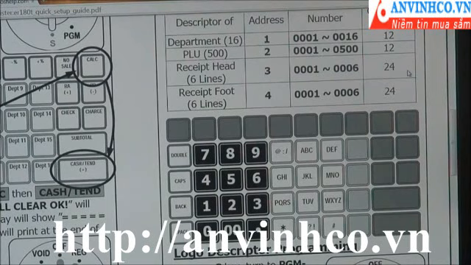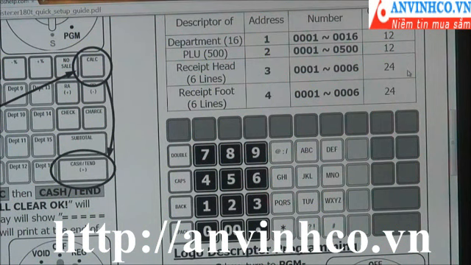The numbers to the right of that under the number column show us the number of the department we're going to program. For example, if we're going to make drinks, department 1, we would use address 1 followed by the numbers 0001. For food, again we would use address 1, but we're going to put that to department 2, so our number would be